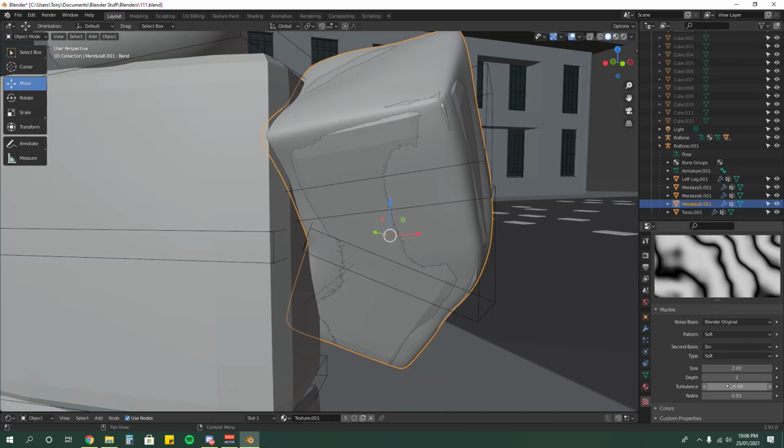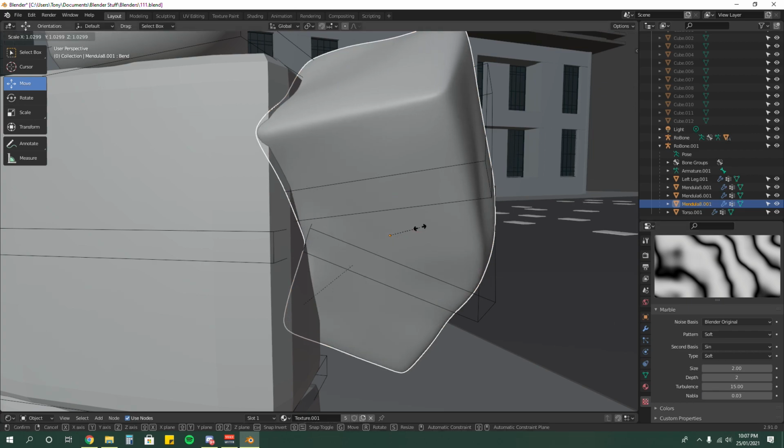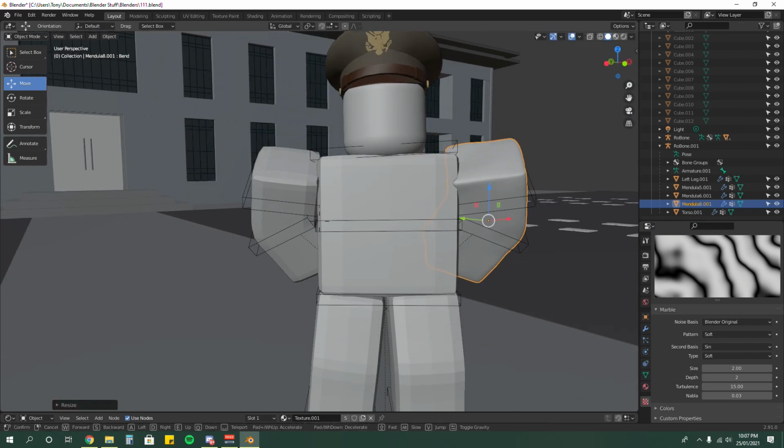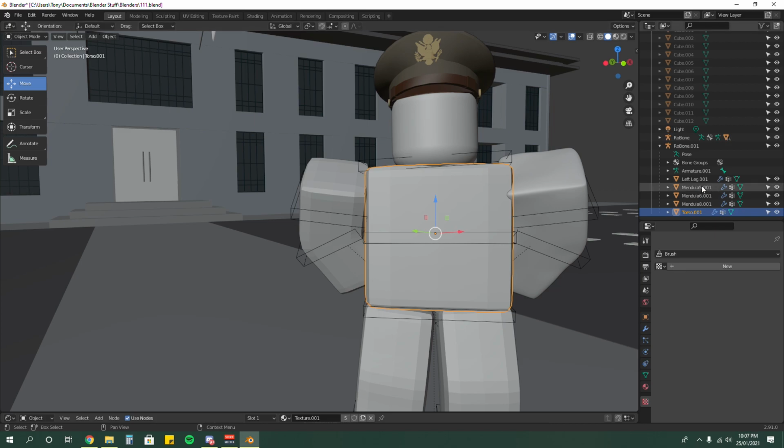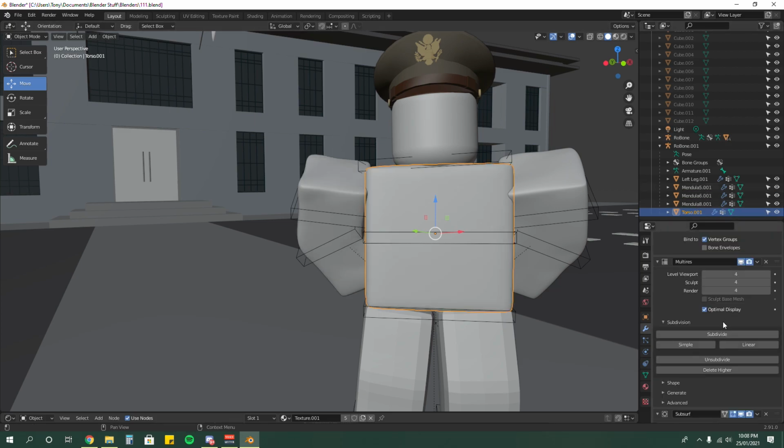Okay, so I left mine at 15 turbulence. So you want to press S, and then just scale it a little bit like that. That's nice. And you're also going to have to do the torso and the legs as well. Oh, and make sure you don't subdivide it more than 4 times, because it's technically useless and it's gonna crash Blender because your computer is not gonna handle it, because I bet it's trash. I was just joking. I'm sorry. But why would you want to go over 4? I mean, it's just too much.